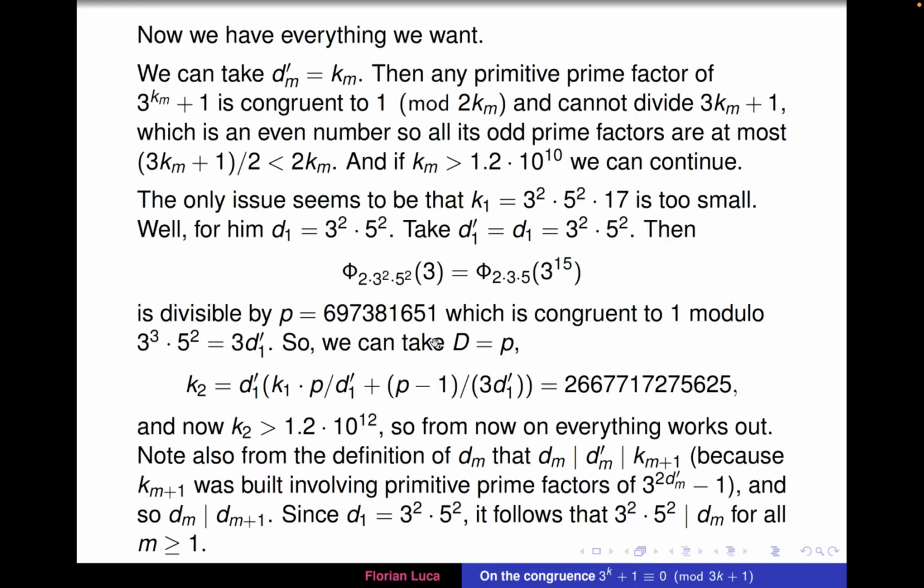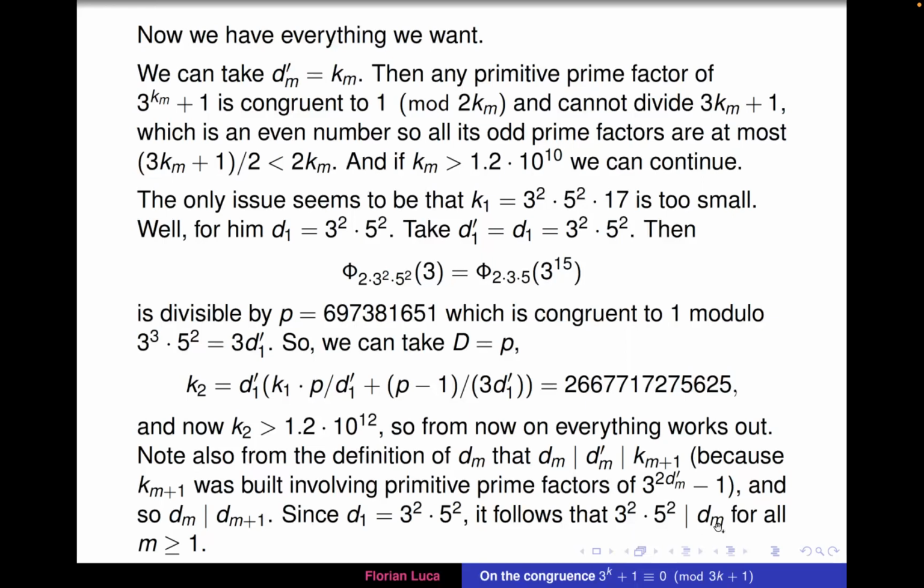So I can take capital D equal to this prime. I can construct the number K2, and now K2 is correct. K2 is big enough, and from here on, everything works out. And what you have to notice is that this condition about divisibility by 3 squared times 5 squared persists, because dm prime divides km plus 1, because km plus 1 was built involving primitive prime factors of this one. So therefore, dm divides dm plus 1. And since d1 was already a multiple of the square of 15, it means that the square of 15 divides